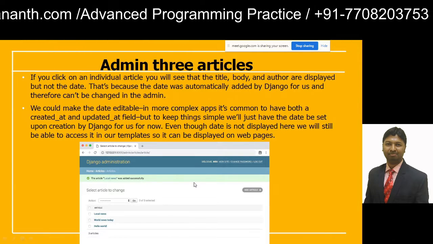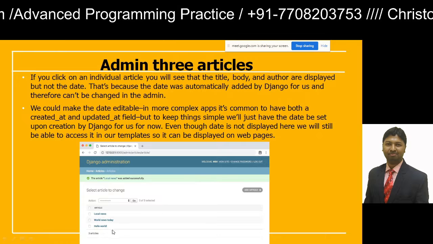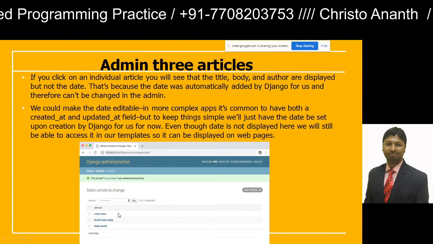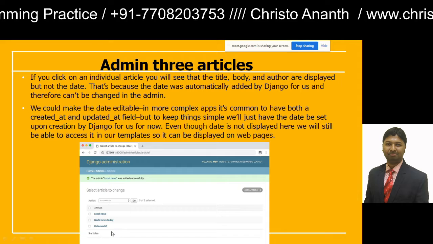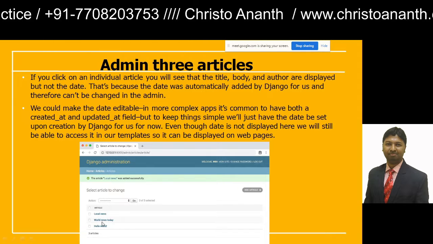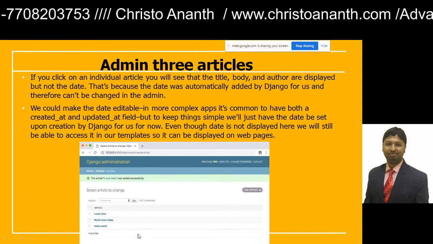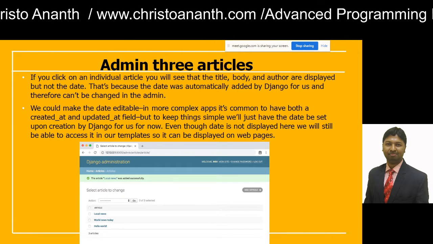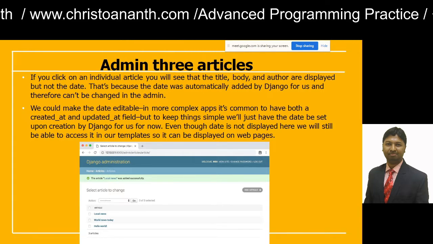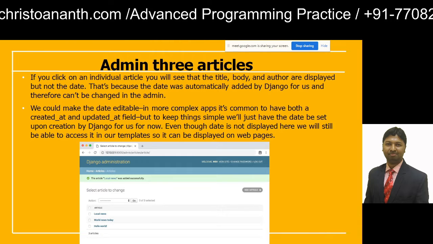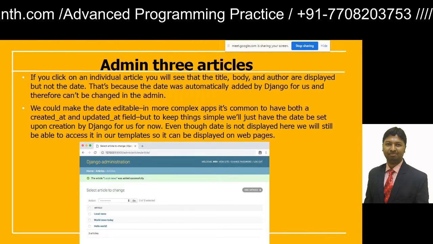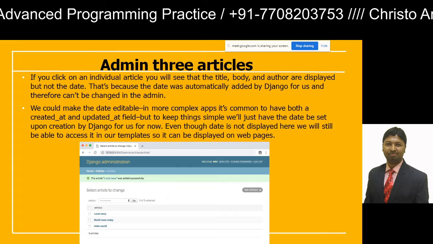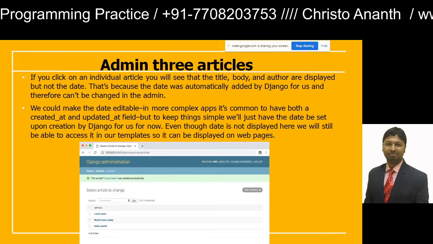So now you will have 3 articles that are being added, like local news, world news today, hello world. If you click on these individual articles, you will see that the title, body, and author are being displayed, but the date is not being displayed. That's because the date was automatically added by Django for us, and therefore it cannot be changed in the admin. Okay.